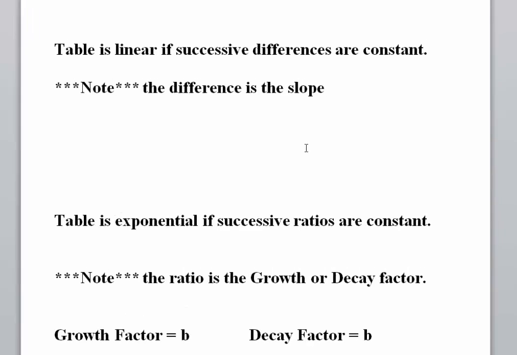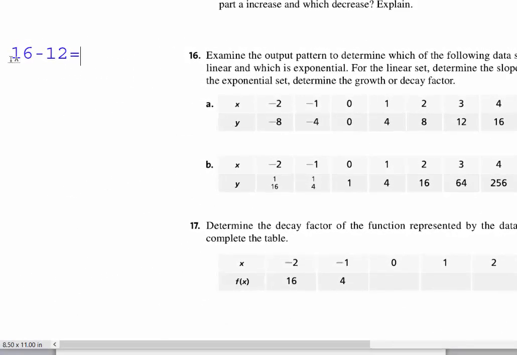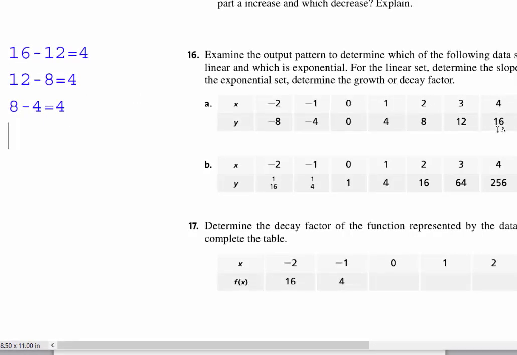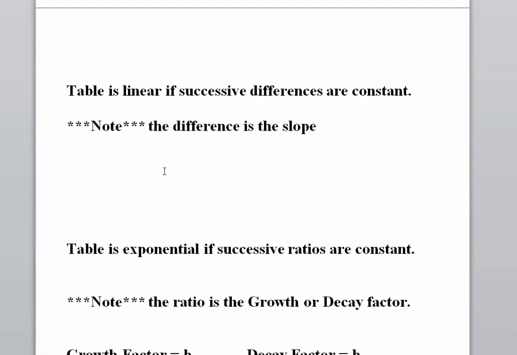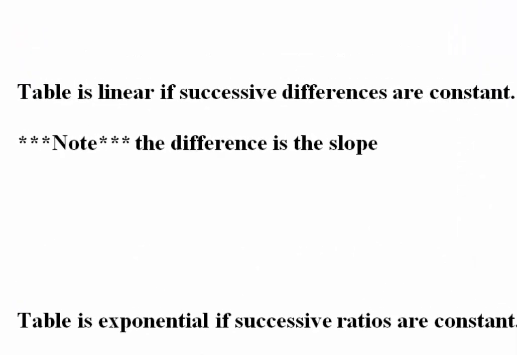Okay, so let's look at our first table. If I subtract 16 minus 12, I get 4. If I subtract 12 minus 8, I still get 4. And if I subtract 8 minus 4, I get 4. So you see the differences. These are successive differences, the subtraction between two numbers that are next to each other. 16 minus 12, 12 minus 8, I get 4 every time. So going back to my definition, if the successive differences are constant,